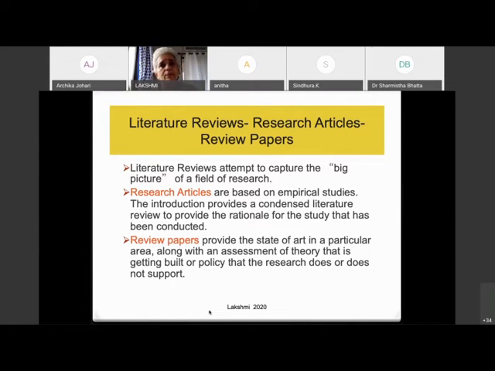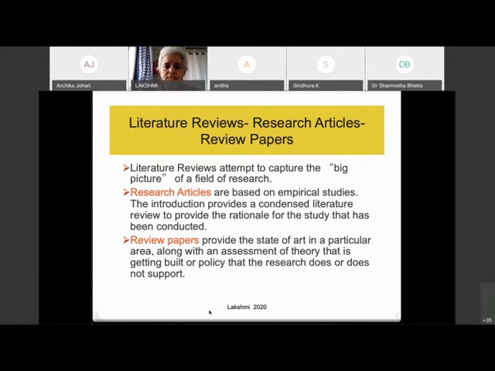Okay, you also have papers which are titled as systematic review or review of literature. Again, those are also very good papers because they almost benchmark. They are reviewing 50 papers, 60 papers, and they benchmark what do we know about this particular subject at this point of time, right? So by looking at a paper, you should be able to clearly understand how they are different from each other. So essentially, literature review attempts to capture the big picture of a field of research. Okay, you're capturing the big picture through all the